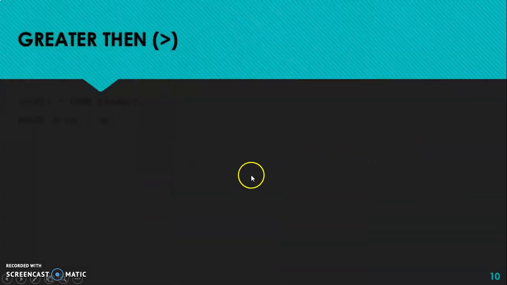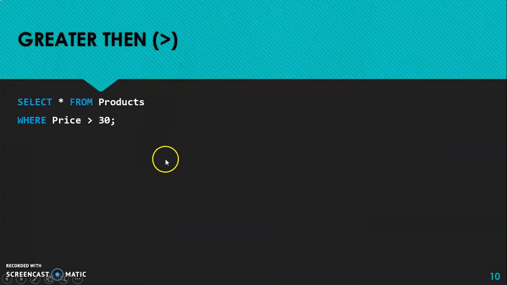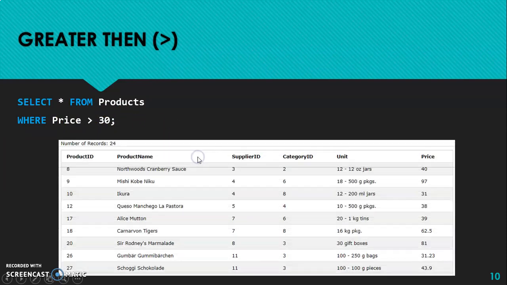Then we will use greater than. Same query: select star from product where price greater than 30. So select all the columns from the product table where the value of price is greater than 30. After executing this, I am getting around 24 records, out of which I have shown some here.